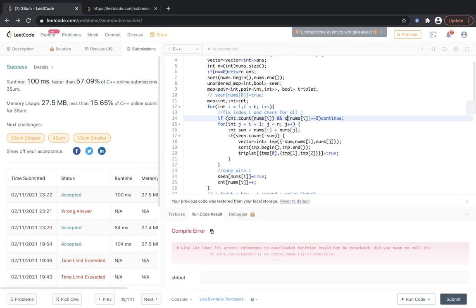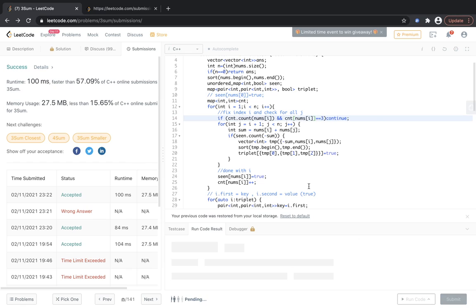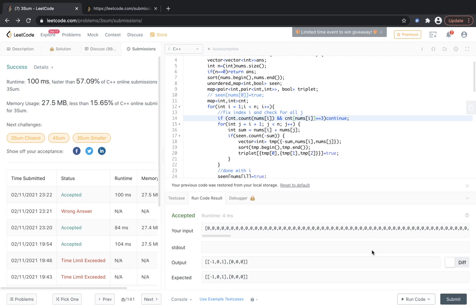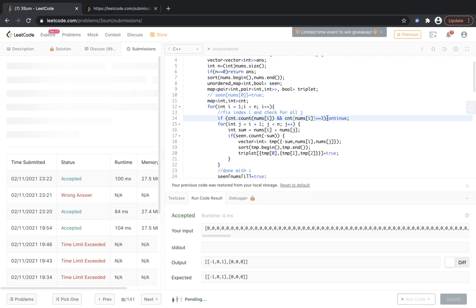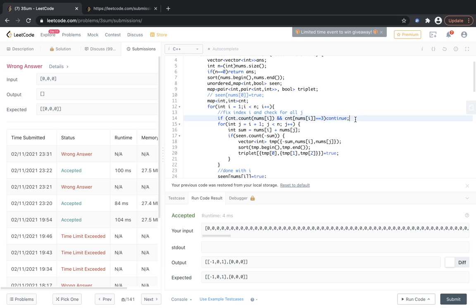Okay, this is C and T. And this works. So this shouldn't TLE. Earlier it was getting a TLE, but I just added this line and this line. So now this is a wrong answer.